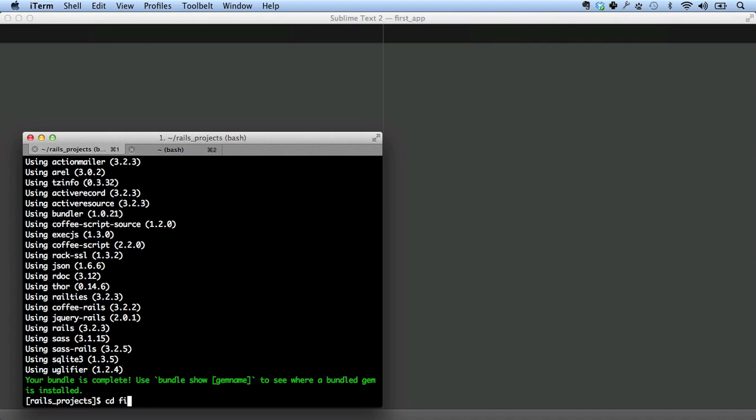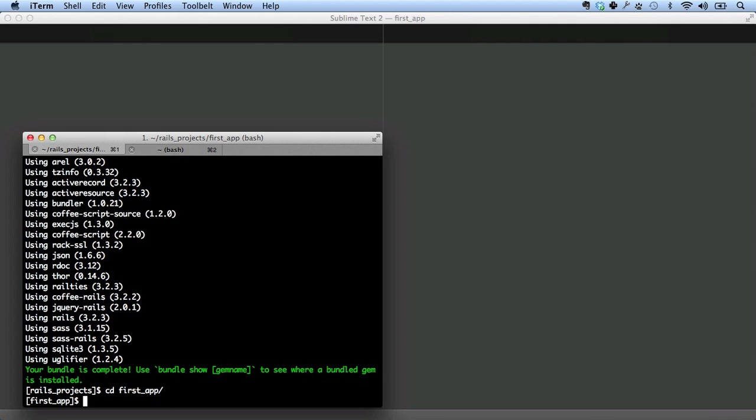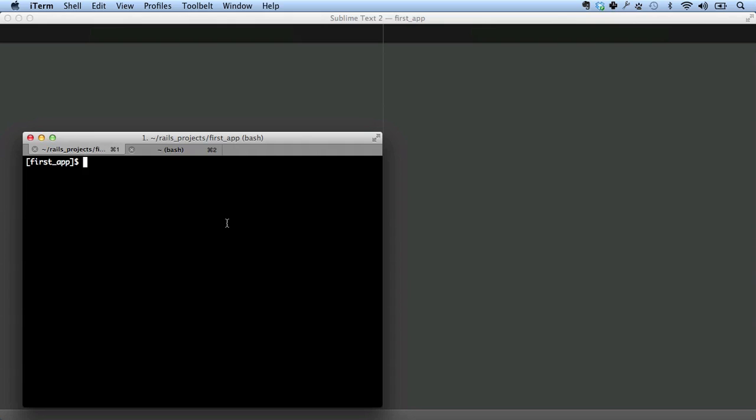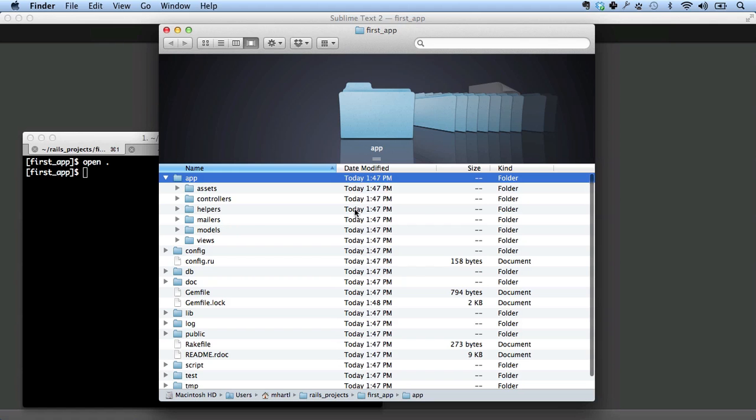It's called first app. Let's take a quick look at what that Rails command did for us. I'm going to use open dot here. Open is an OS X command that opens files or directories using the proper default application, and here dot is just the current directory. So we can open it up here, and